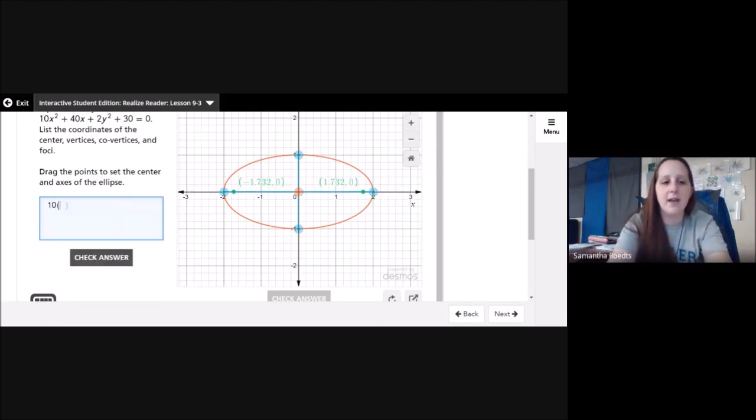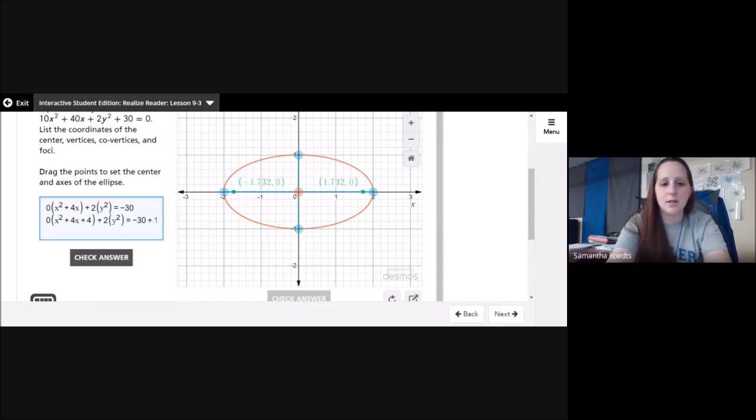So I'm going to factor out a 10. So I have x squared plus 4x, and I'm going to factor out 2 with the y's. I'm going to move this 30 to the other side. So minus 30. Okay, so now I'm going to complete the square. So I have 10 times x squared plus 4x, then 4x divided by 2 is 2, squared is 4, plus 2 times y squared, equals negative 30